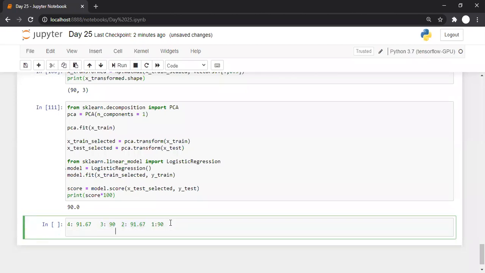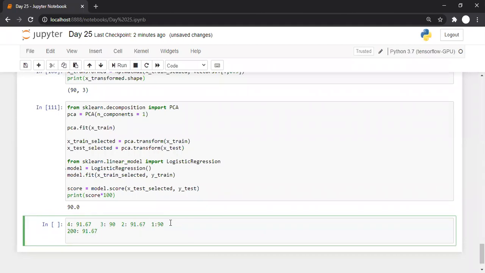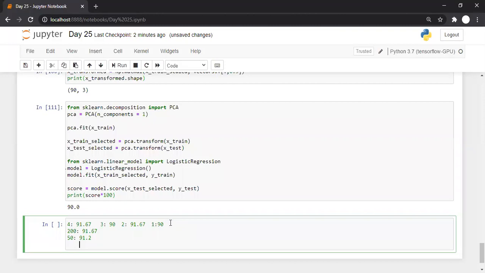For example, let's say with 200 features you are getting 91.67 accuracy, and with 50 features you are getting 91.2 accuracy. So here imagine the difference between size. 150 less attributes means there is a huge saving on memory and processing requirement.